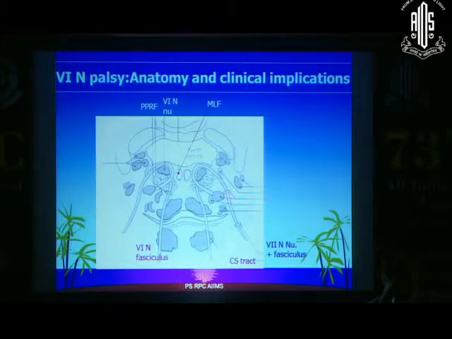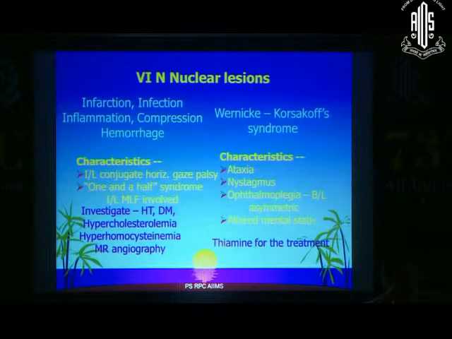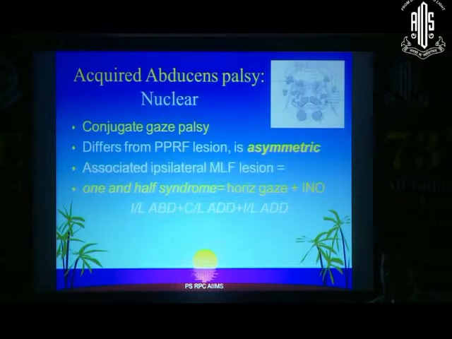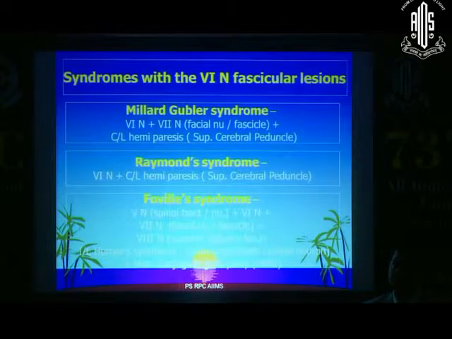The seventh nerve takes a course such that the sixth and seventh nerves can be easily involved if there is a nuclear sixth nerve palsy. Similarly, internuclear ophthalmoplegia may be there. But the one thing we need to remember is that nuclear sixth nerve palsies are different from horizontal gaze palsies, although there may be some interaction with the medial rectus of the opposite side, because the motor neurons and also the interneurons are affected in a nuclear involvement. So that has to be kept in mind, but it will be an asymmetric presentation compared to a PPRF lesion.